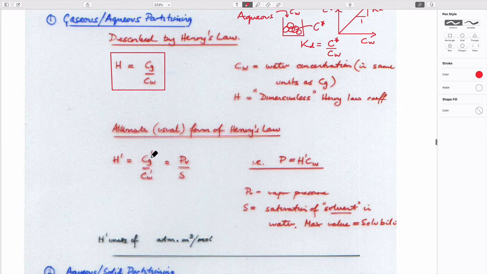It's the ratio of a gas concentration to a water concentration at equilibrium, just as we have here, except that the gas concentration is defined in terms of the vapor pressure, when it vaporizes and becomes not a separate phase, but a gaseous phase. And so really what's going on here, if you imagine that a pressure or a vapor pressure from the ideal gas law is a density times RT,